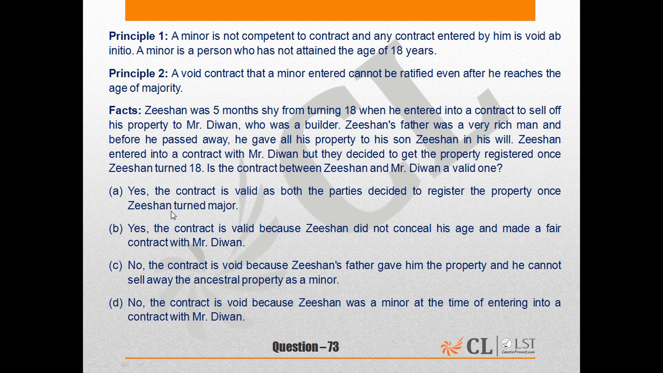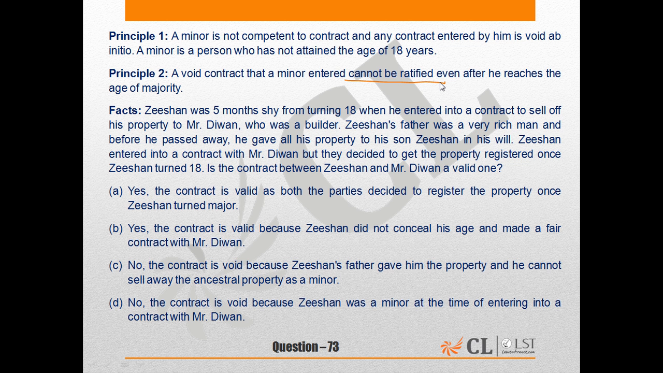Now moving on to question 73. This is a question on the subject of contracts. The first principle talks about the minor's capacity, and the second principle says that a void contract that a minor entered cannot be ratified even after he reaches the age of maturity. That means